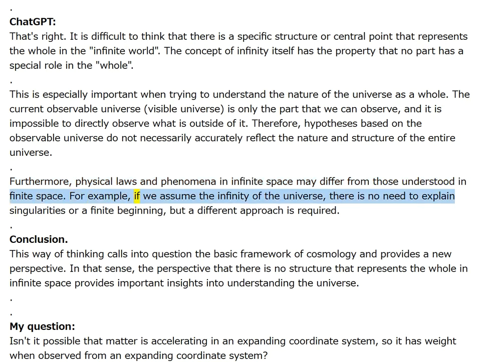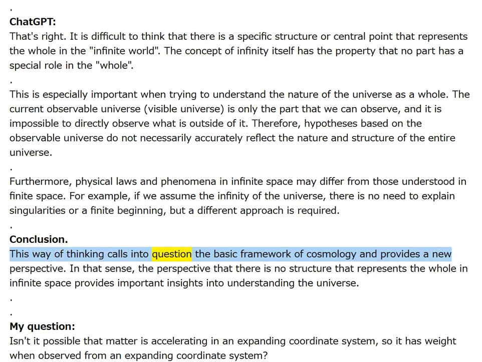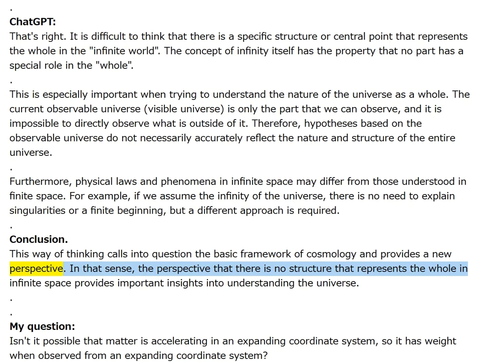For example, if we assume the infinity of the universe, there is no need to explain singularities or a finite beginning, but a different approach is required. Conclusion. This way of thinking calls into question the basic framework of cosmology and provides a new perspective. In that sense, the perspective that there is no structure that represents the whole in infinite space provides important insights